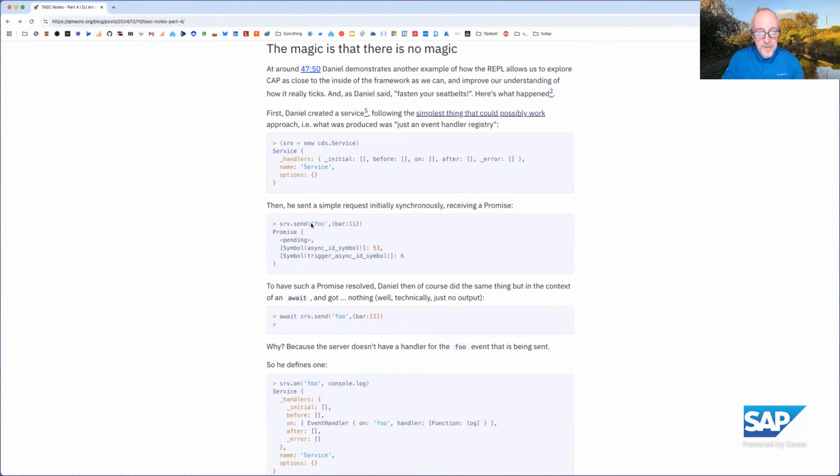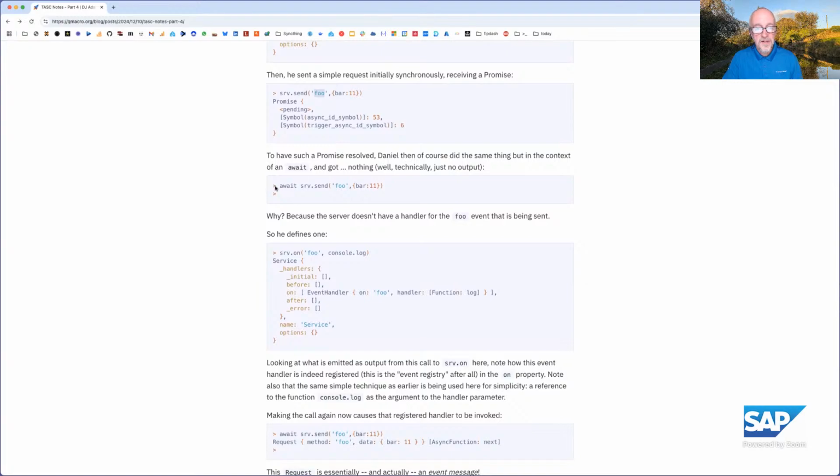But when Daniel was doing this, with a Schnapszahl as well, of course, when Daniel sent this, I was thinking, what is this foo? But I realized that actually it doesn't matter that I don't know what this foo is. This is a message, and it goes back to the does not understand necessarily, in the same sort of way, as in it doesn't matter what this is. If you have a handler, it'll get handled. So this was basically sent. Nothing came back because there was no handler.